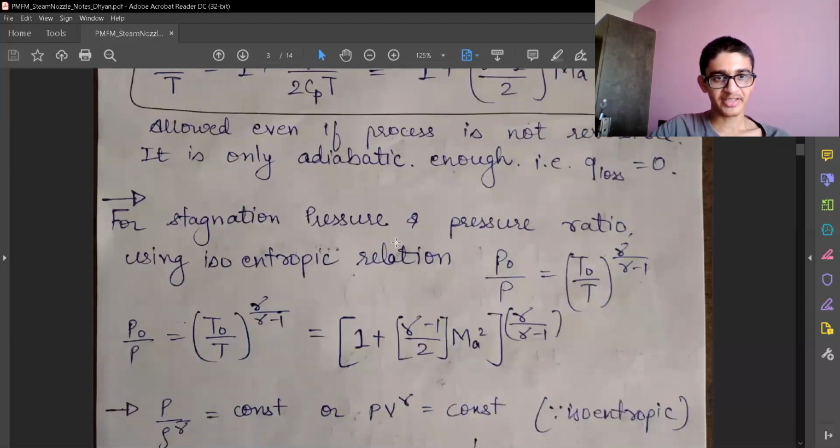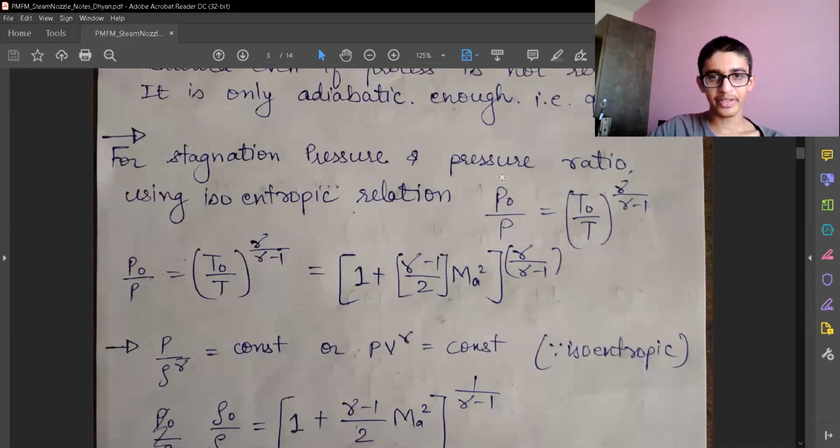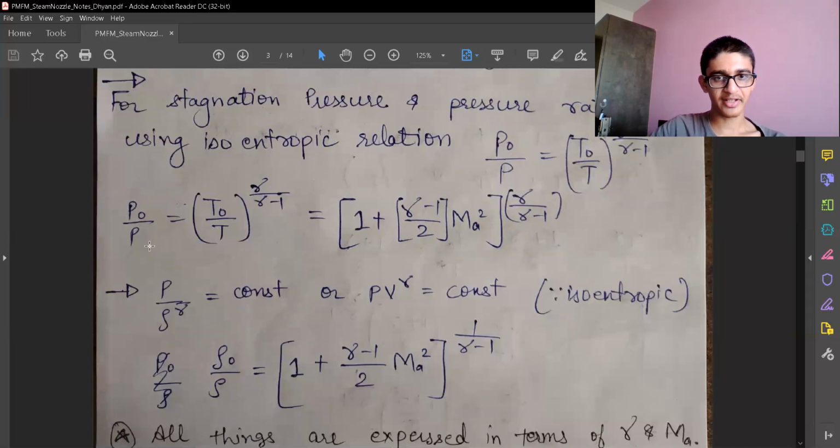But when we come to stagnation properties for pressure, that is total pressure or stagnation pressure, we compulsorily need an isentropic relation. That is, a reversible process is compulsorily required. And we have the temperature and pressure relation for an isentropic process as P1 by P2 is equal to T1 by T2 raised to gamma upon gamma minus 1. So we have just used that equation. We already have the relation for T0 by T. We have just substituted it and got the pressure ratio